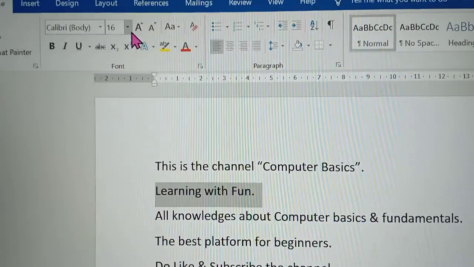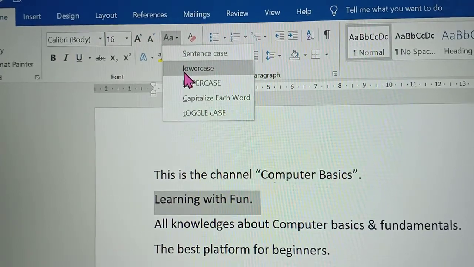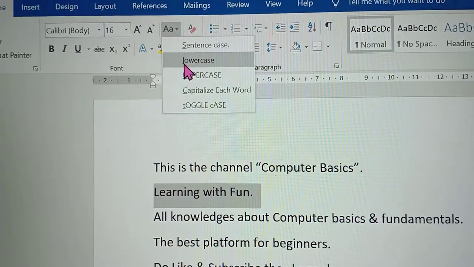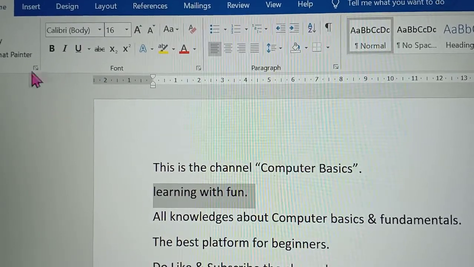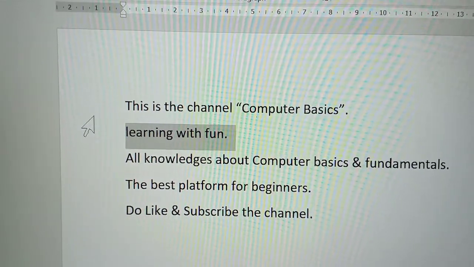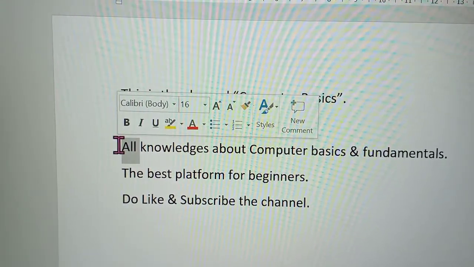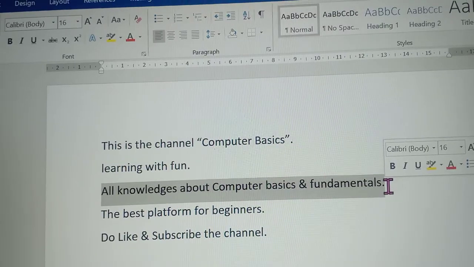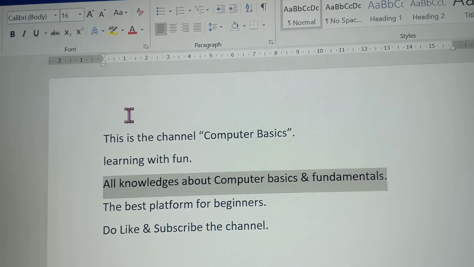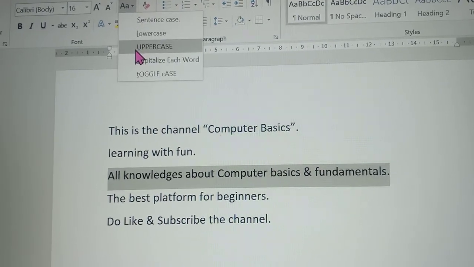See, then here, lowercase. All the letters will be converted to lowercase. See, all are changed into lowercase. Then like this I will change the third one. See, the third sentence is selected, then I will change it to uppercase.